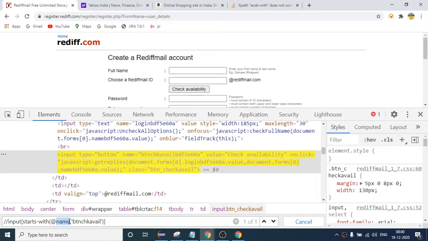Instead of writing starts-with, since ends-with will not work because it is not supported by the browser, I will write contains at the rate name, contains this, because I feel that this will also change. So input, and after that input I have to provide one square bracket.